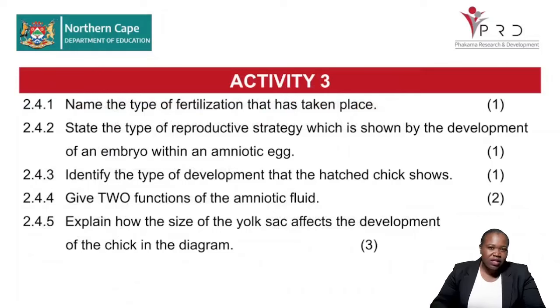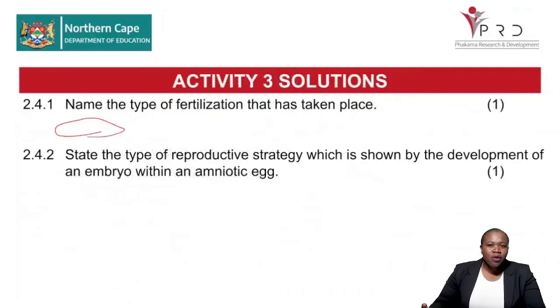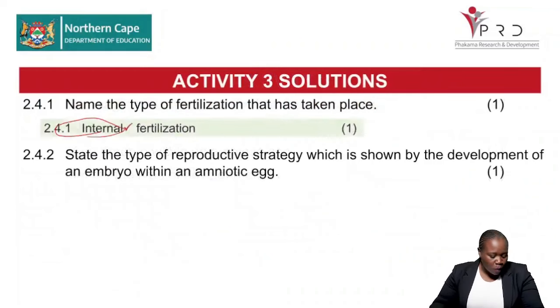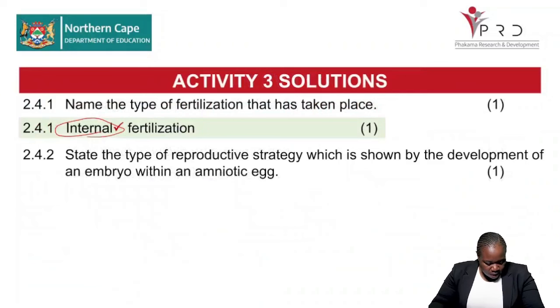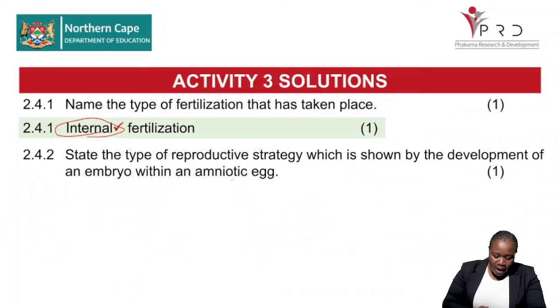Remember, with external fertilization, it would usually be with organisms that live in water, right? Because they are going to release their sperm and eggs in the water, and then they would swim towards each other, right? 2.4.2, state the type of reproductive strategy which is shown by the development of an embryo within an